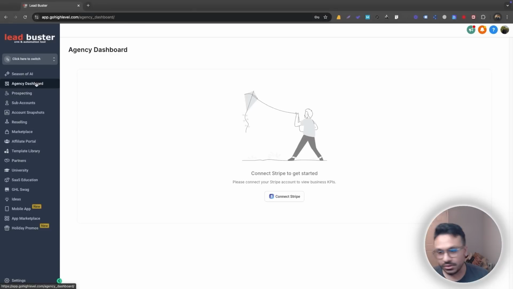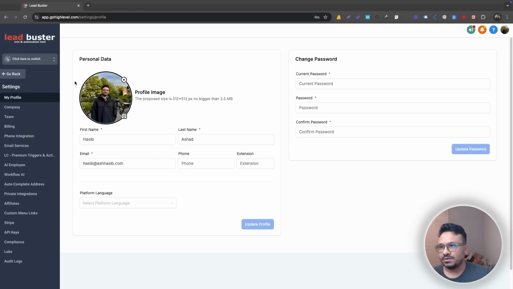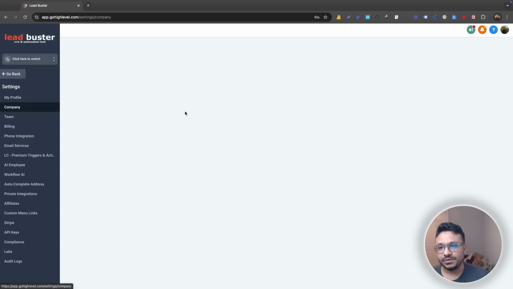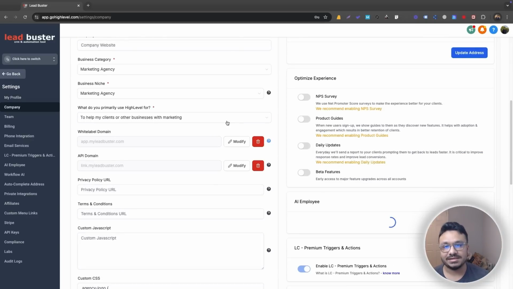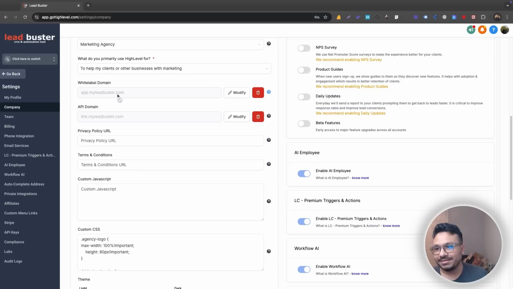One more thing I want to show you is if we go to settings, as you can see, I'm logged in currently under app.GoHighLevel.com, and I said earlier that it lets you white label your account so you can sell it as if it was your own software. So this is what I was talking about. If we go to white label domain, if we go to app.myleadbuster.com, basically myleadbuster.com is my own domain. I own this domain, and I created a subdomain called app.myleadbuster.com, which is pretty simple to do, and I have videos on that. If I do that and connect it up, it's going to let my clients